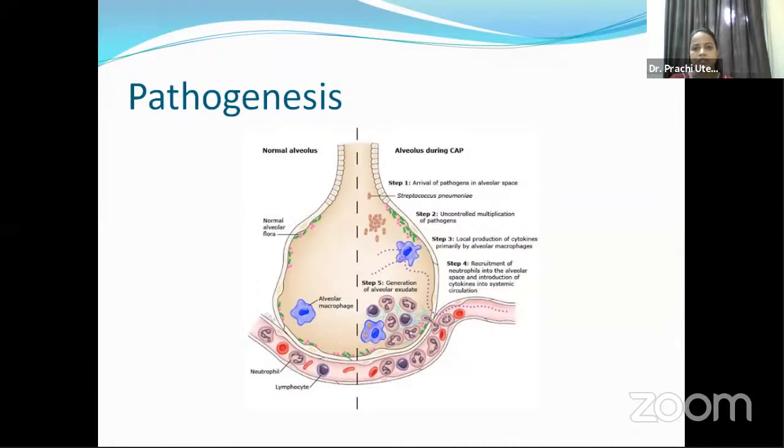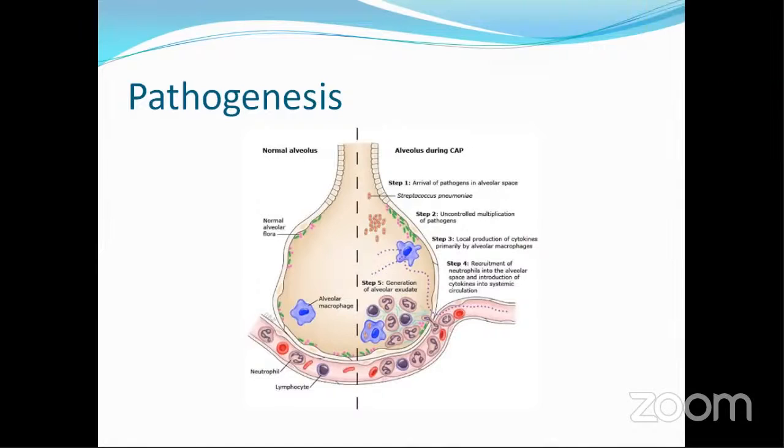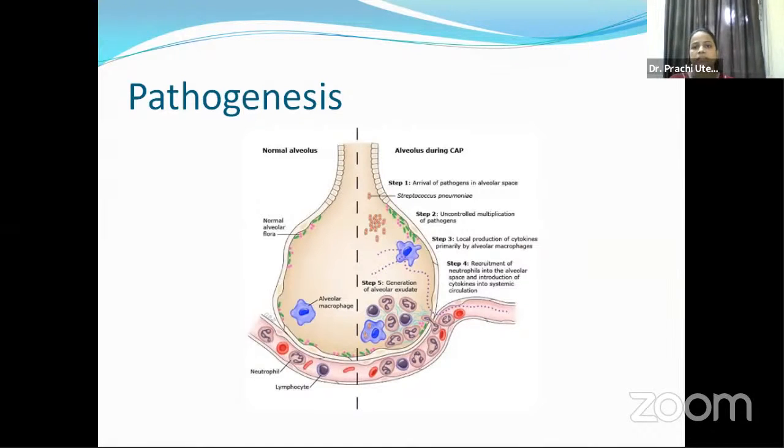But these macrophages, again, are deficient, and the body starts producing more and more macrophages or WBCs. Then, when there is an aggregation of the inflammatory response inside the alveolus, there is a recruitment of neutrophils and a release of cytokines, and everything causes an inflammatory exudate inside the alveolus, or the accumulation of fluid or pus inside the alveolus, and this is hampering the air exchange, the oxygen exchange,